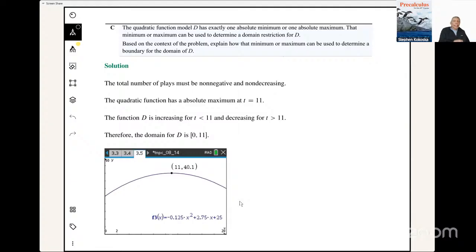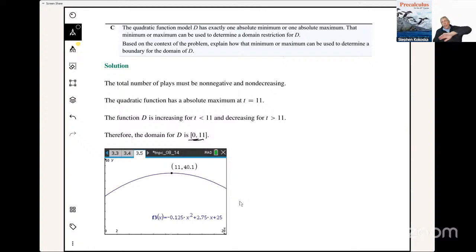And so that tells me that the domain here has got to be, well, less than or equal to 11. Now, you'll notice here that I said 0 to 11 because I was interpreting reading the problem, and that's when this musician first started using this app. It didn't make sense to me to think, well, could t be negative? But some students actually thought about that